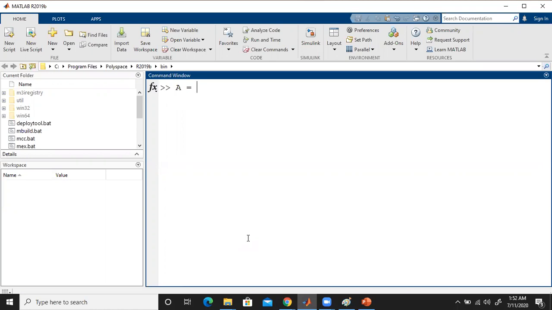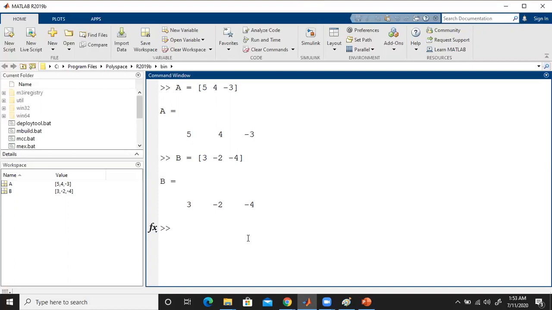Now we take the vector A. So the vector A has the components 5, 4, minus 3. So there we can see. Then we have another vector B. This B has the values 3, minus 2, minus 4. So these are the two vectors that we have obtained.